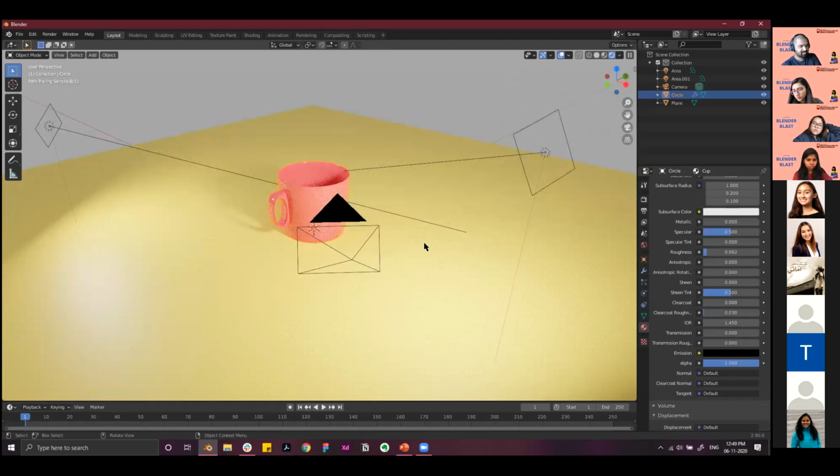Once you have this ready, you basically have your scene set up. The last part is setting the camera angle and rendering the image.